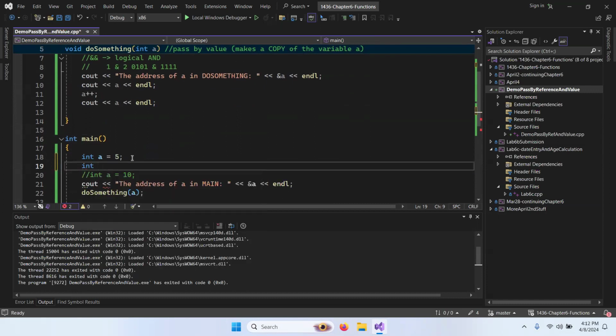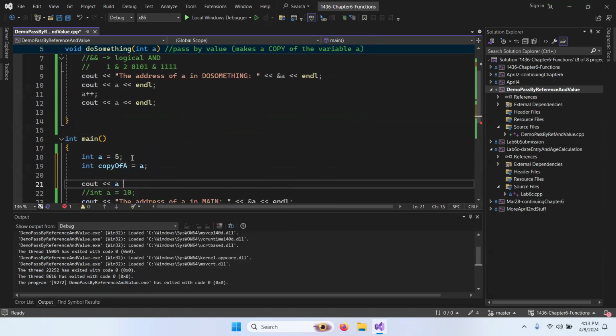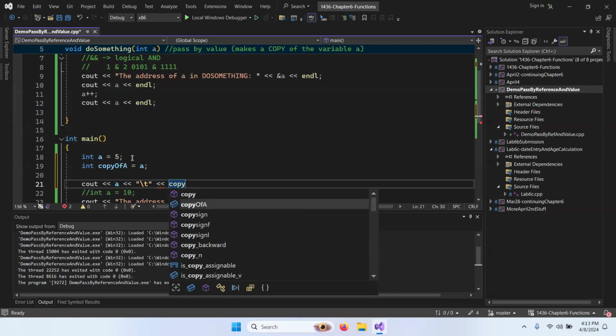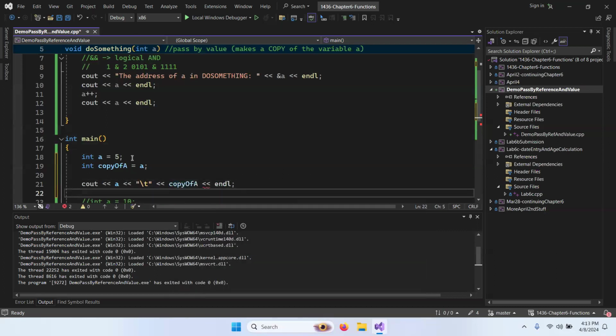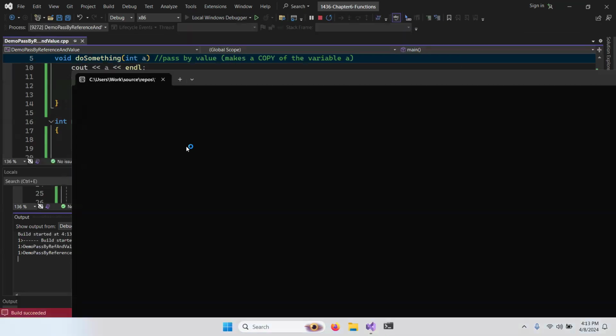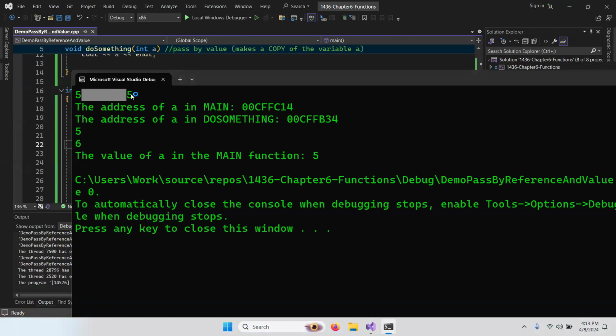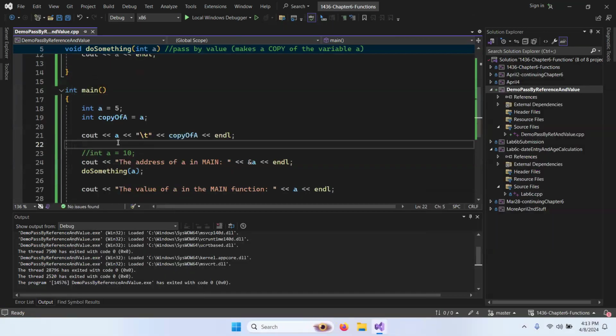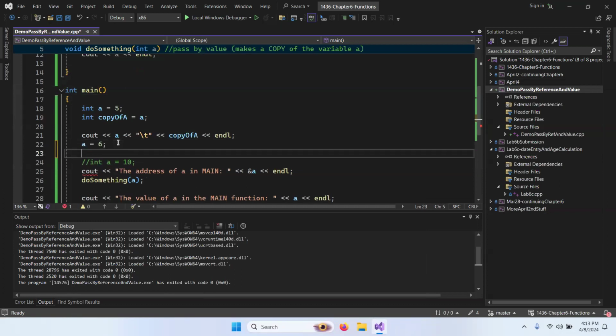If you say int copy of A equal A, and we say cout A and a tab and copy of A. We print both of these things, it will print 5 twice, which is not surprising. 5 with a tab in between it. 5 tab 5. Okay. But if we do an update to A and we say A equals 6, actually,